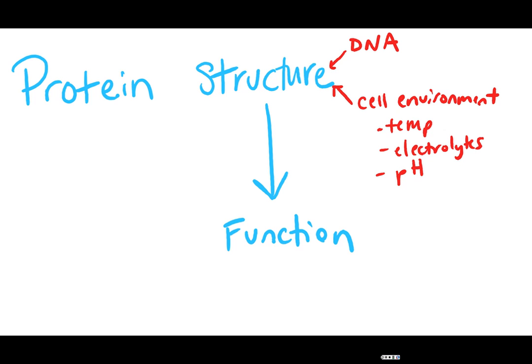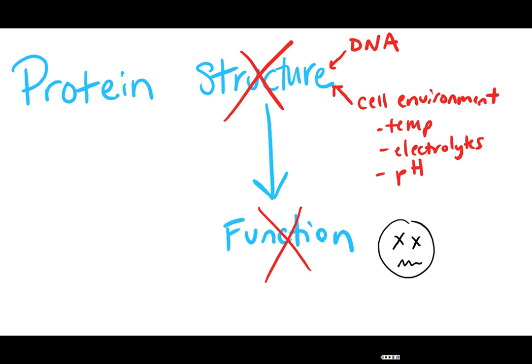Remember way back we talked about homeostasis, which was the regulation of the internal environment of your body? Why is that so important? This is why that's so important. If you don't have your protein shaped correctly, so if you in some way alter the structure of your protein, you're altering its function. And it's either not going to work as well or not at all. Point blank, period. And if it's a super extreme change in the environment, that might be a permanent loss of that protein.